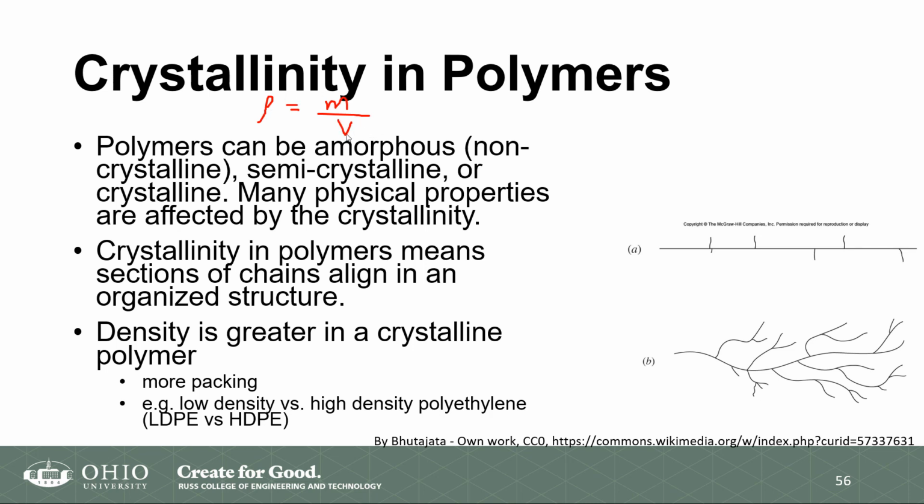If the volume is small, the density is going to be high. Something that has a low density is going to occupy a large volume, and something that has a high density is going to occupy a smaller volume. Or the way you can think about it is something that's high density is going to be tightly packed, right? It's going to be efficient in terms of space, and something that has a low density is going to be